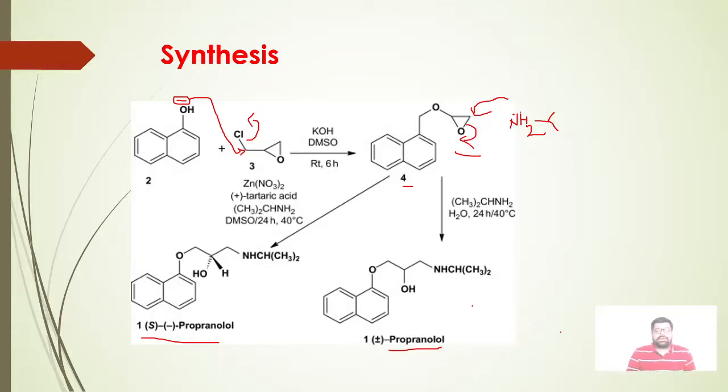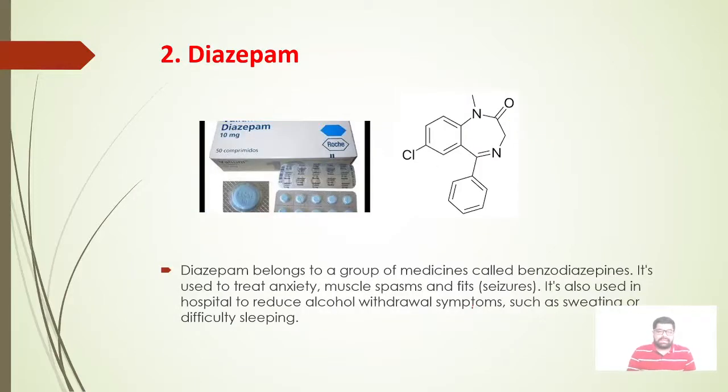So the second molecule is nothing but diazepam. Friends, this diazepam molecule belongs to the benzodiazepine kind of medicines. So what are benzodiazepines? Benzodiazepines contain one 6-membered ring and another 7-membered ring. So 6-7 fused heterocycles come under benzodiazepine derivatives. Of course, there are two nitrogens. That's why it's called azepines.